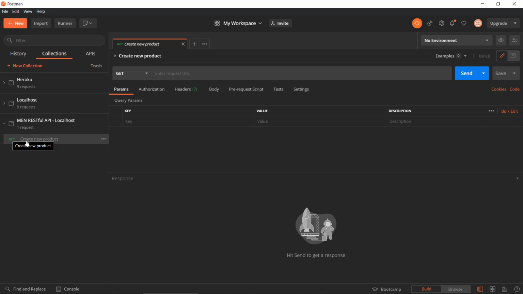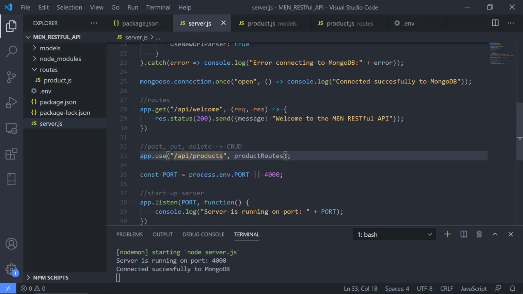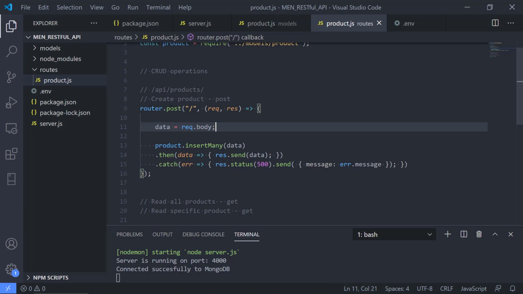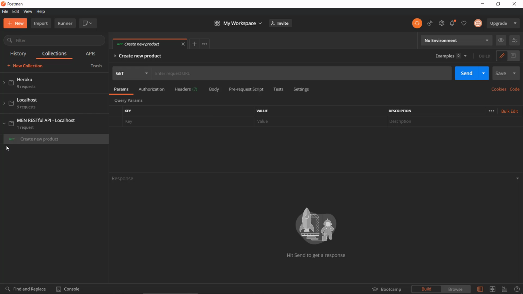And we know that when we typed in the route, it was not a GET request, it was a POST request. So that is the default setting from Postman. So we can change this over here by clicking the drop down. We can see there's a lot of different HTTP methods listed here. We have GET and POST and PUT and DELETE here. So we will be using POST in this route here,